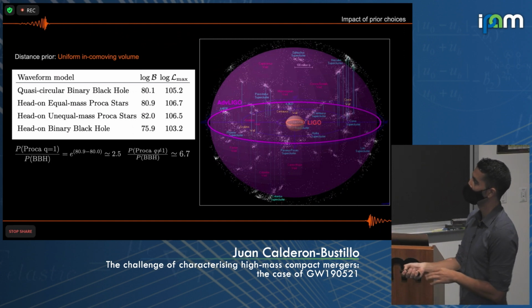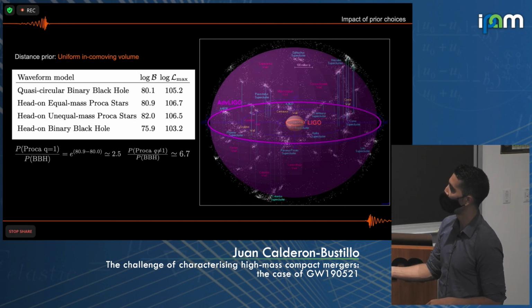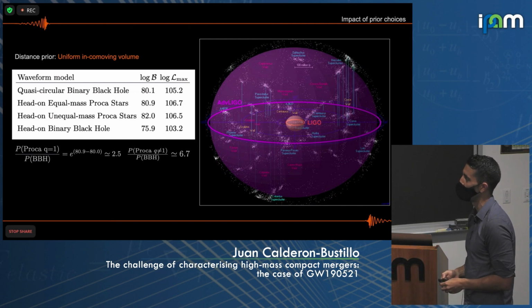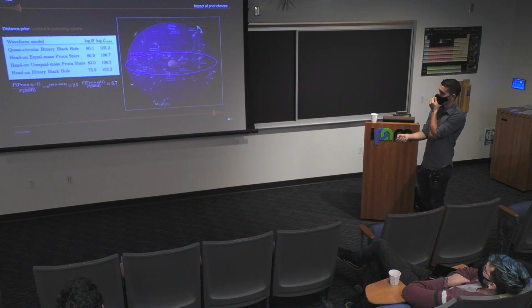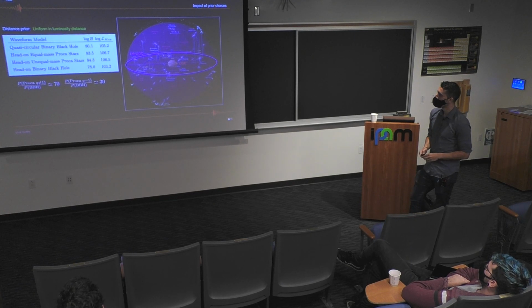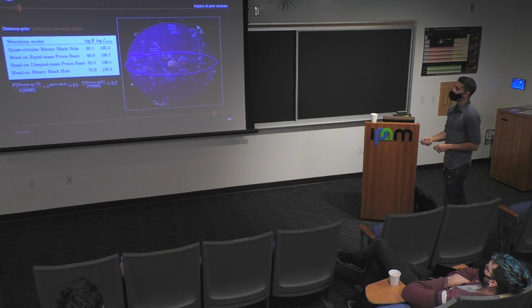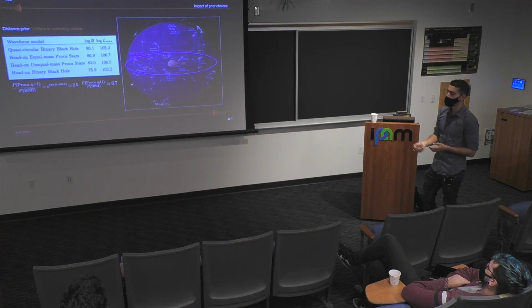So anyway, if we just look at this kind of vanilla analysis, what you see is that the Bayes factors we get for the Proca star mergers are slightly larger than the one you get for the black hole family. So you would say, for each of these two families, I prefer them, with respect to the vanilla case, 3-to-1 and 7-to-1 odds. Now, this standard analysis, as I said, assumes the very reasonable assumption that your sources distribute uniformly in volume or in comoving volume. But that's very reasonable, but that's going to have an effect. And that is going to have the effect that it's going to prefer by default loud stuff that you can place far away, and therefore is more likely to exist.